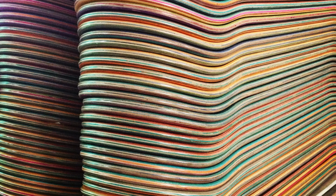Pro boards tend to sit in the factory for longer than shop boards. The way shop boards work is you order your shop boards from a distribution company or wherever you get your boards made. You order them from said wood company and they get shipped directly to you as soon as they're done being made. Now, pro boards, they can sit in a factory for months, stacked on top of each other,